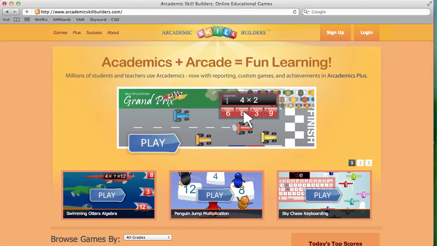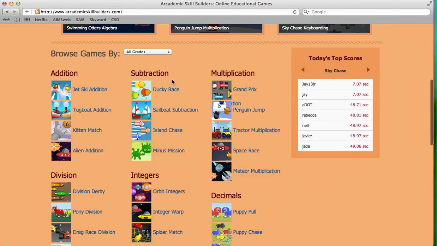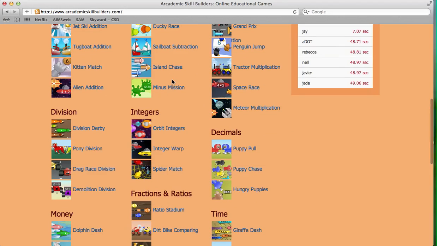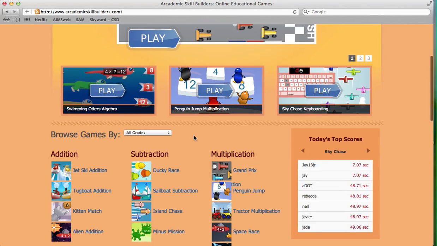At their homepage, you're going to be able to look at all the different games that Arcademic Skill Builders offers. If you scroll down, they have their games organized into categories. Down at the bottom, they even have spelling, word games. For today, we're going to go ahead and just click Penguin Jump